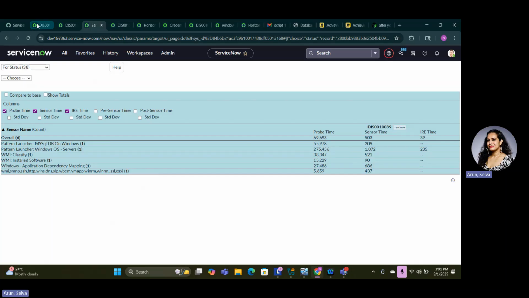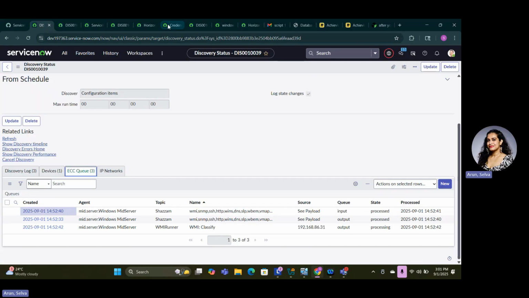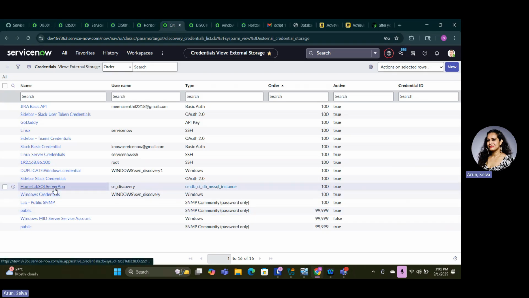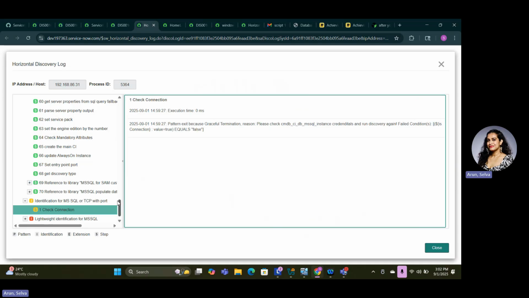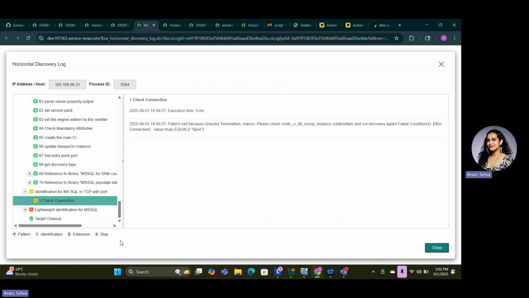So I am going to troubleshoot this message here, the credentials. So let me just go ahead and check the credentials here. And after troubleshooting this, I will come back to you guys. But you can see the credential affinity has been created, and it was last successful. But this is strange because when I discovered this device, maybe a month ago, it was successful, but it is throwing a message like, please check the CMDB